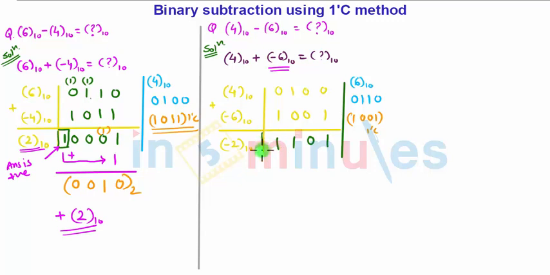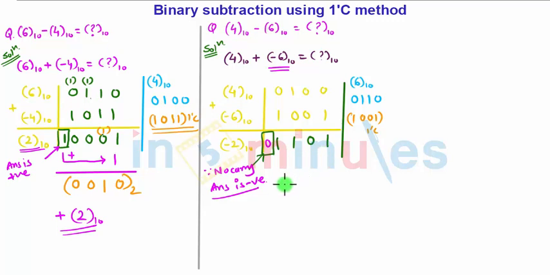See here, no carry is generated. The rule is that since there is no carry, the answer is negative. So from here we come to know that the answer is negative, so we got the sign of the answer. Now to find out the magnitude of the answer, we need to take the ones complement of the answer. So let us find out what the ones complement of the remaining number will be.